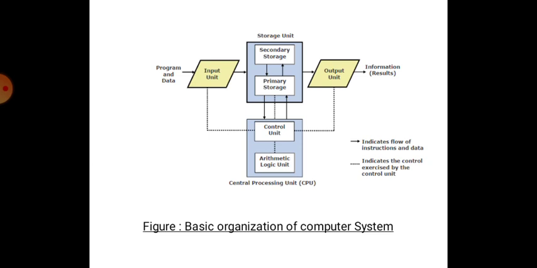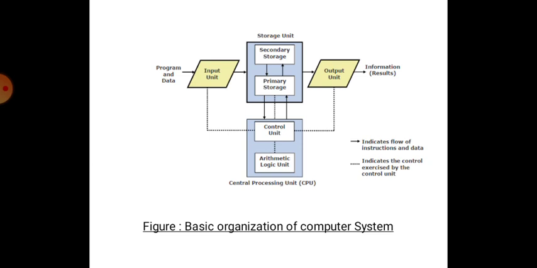In short, it is called CPU. The input unit you see towards left, and the output unit towards right. Now, the dark line indicates flow of the instruction and data, whereas the dotted line indicates the control exercised by the